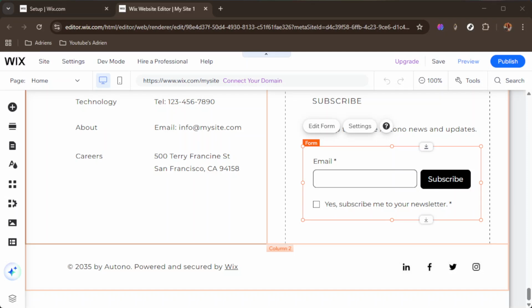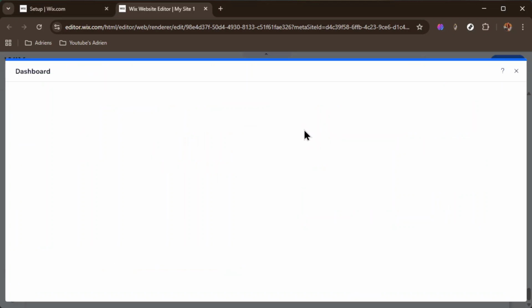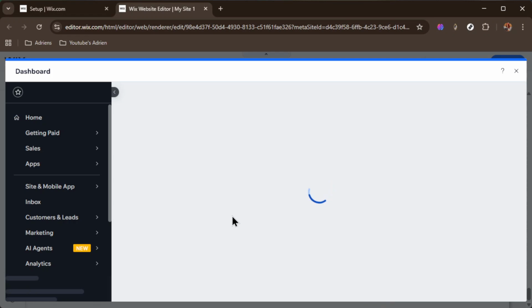In today's video, I'm going to teach you how to add and configure a checkbox in your form editor. We'll start right inside your form builder. First, open your form and click on Edit Form. This puts your form into edit mode, so you can make changes safely without affecting any published version until you